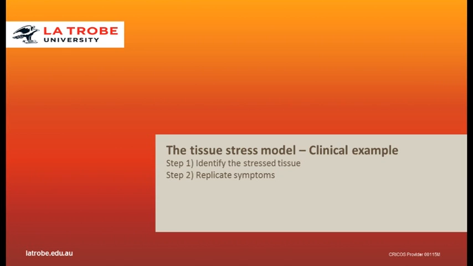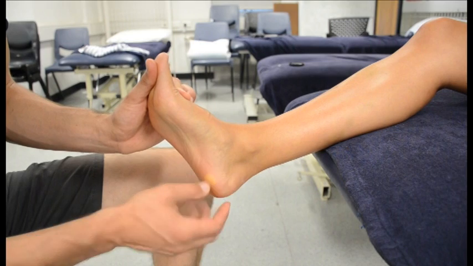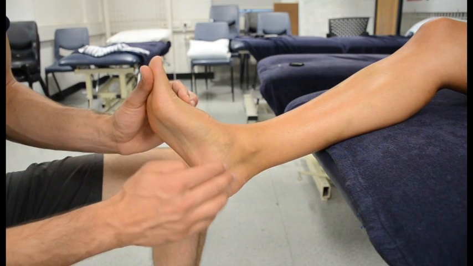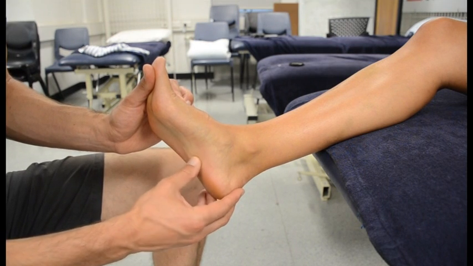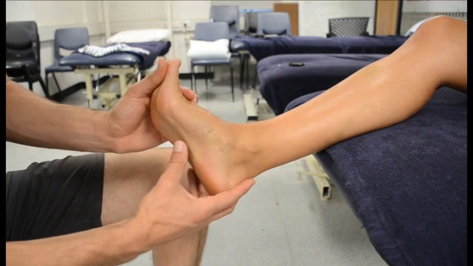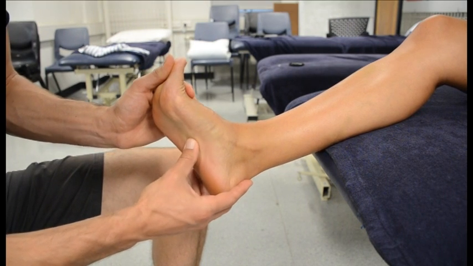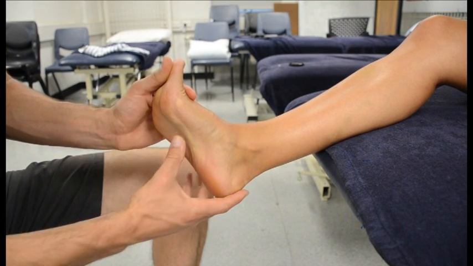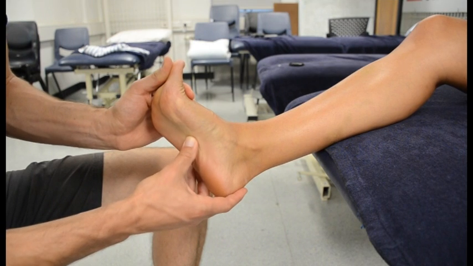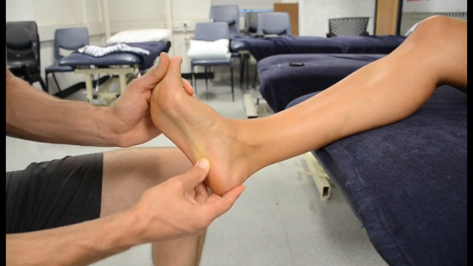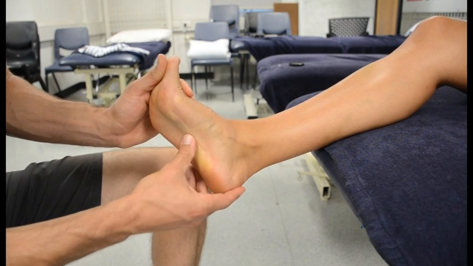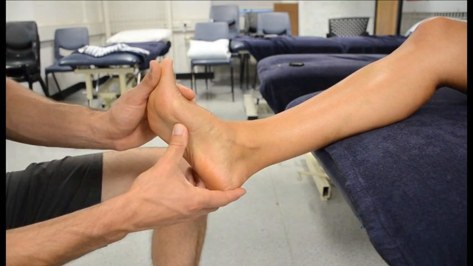The second stage of the tissue stress model is to replicate symptoms, and we do this by applying various stresses to the involved tissues. The midfoot is anatomically quite complex, but the patient's reporting plantar midfoot pain. So in this case, I'm going to palpate the plantar fascia. I do this by dorsiflexing the toe, making the plantar fascia prominent and palpating along its course. Now the patient is reporting pain, and that makes me now suspect that plantar fasciitis is the condition at hand,